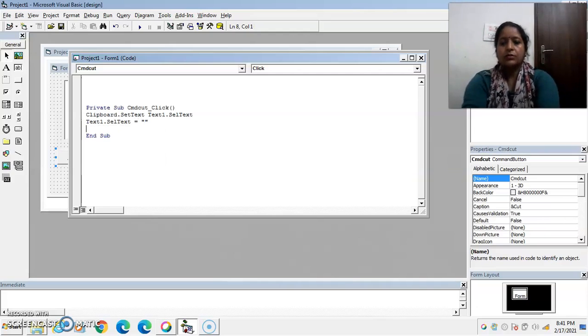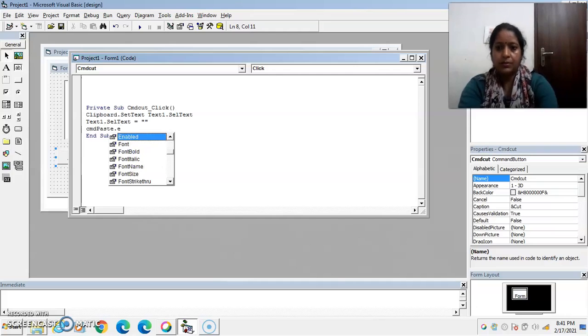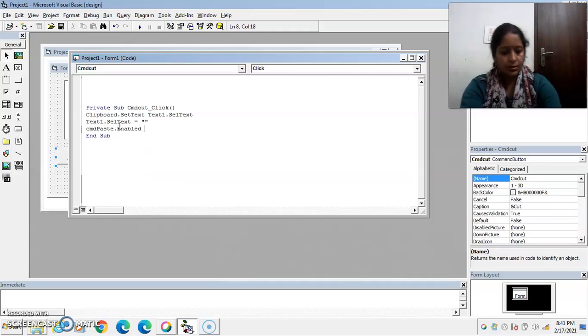Now after the cut command button and after the copy command button, the paste button is automatically enabled. So for this, enable the cmdPaste command button, Enabled is equal to True. Okay, so this is the coding for cut command button.